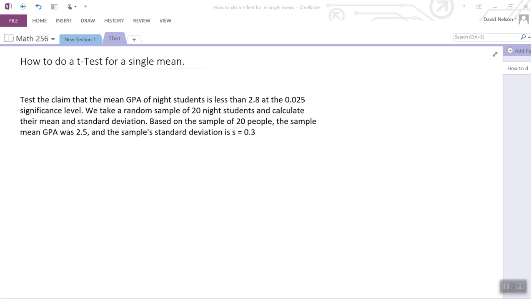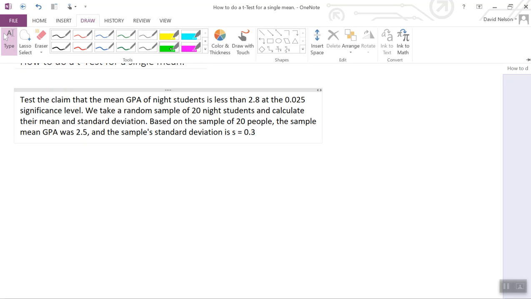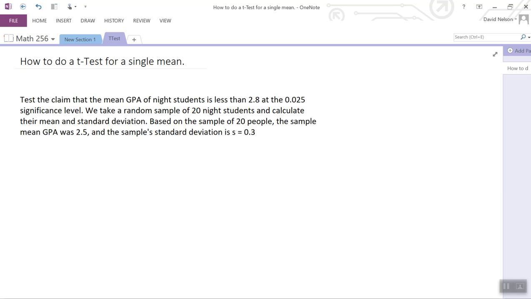All right, our next topic that we want to cover is how to do a t-test for a single mean. The difference between a t-test and a z-test, kind of the new thing that we're looking at, and it's a little bit more realistic, is that in these situations we don't know the standard deviation of the population, which is a lot more realistic when you're actually gathering data and doing a hypothesis test. It's very rare that we know the standard deviation of the population, and so that's kind of the key